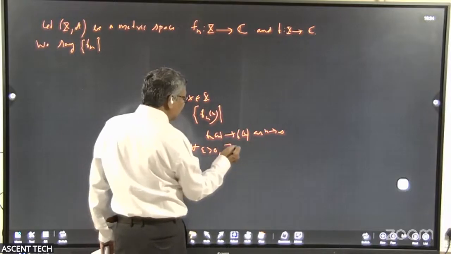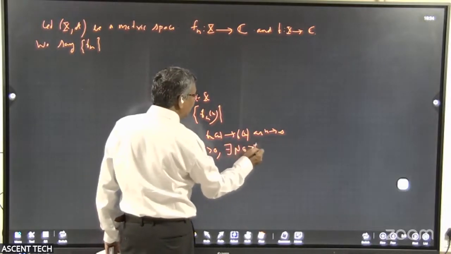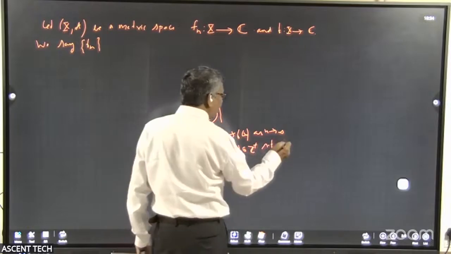Pointwise convergence means I can find, for all